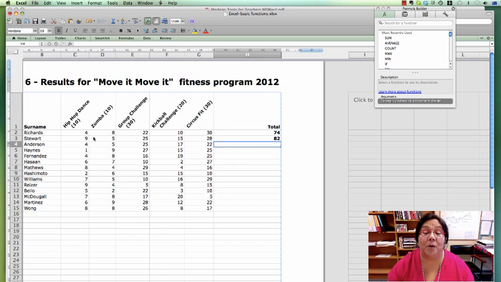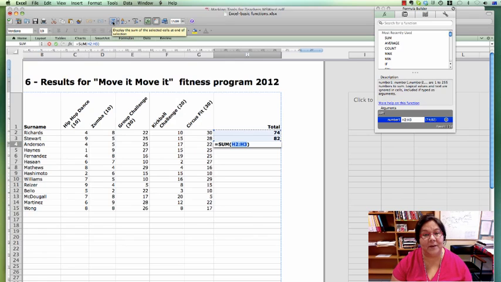Okay. You'll probably find that there's an icon here that does the same thing. There it is, this one here. So let's do it one more time, and then it's your turn, okay? So we click in the cell where we want the answer. We can click this button here,